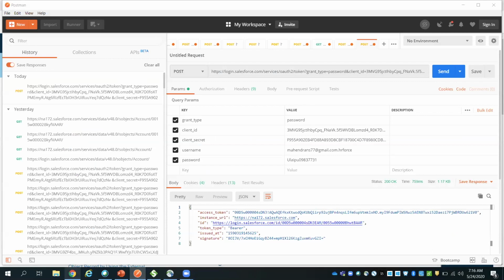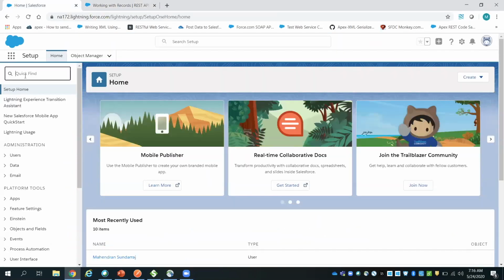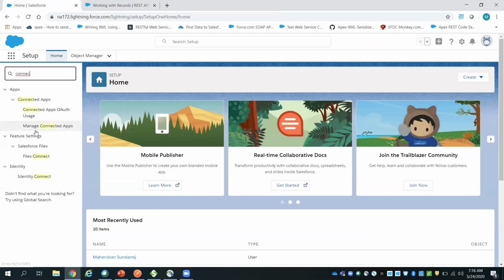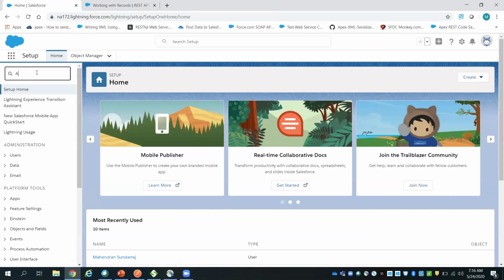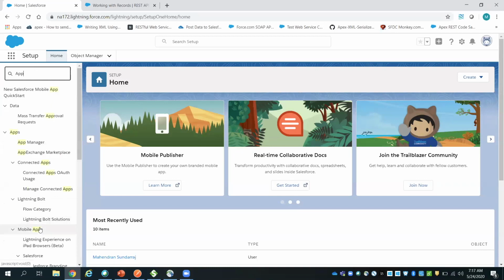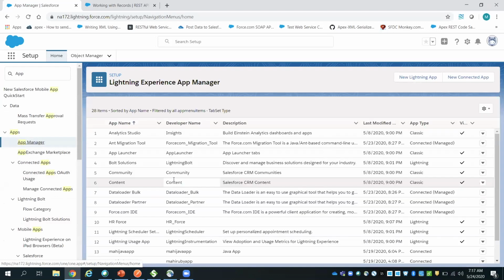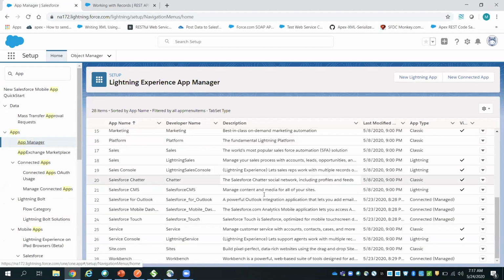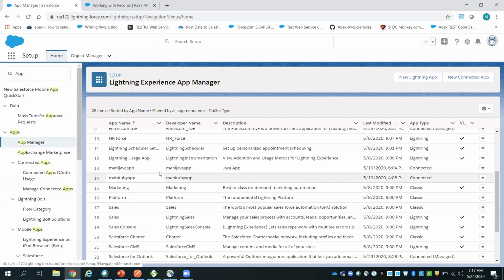You can always get the client ID and client secret from the connected apps. Here is the connected app that I have managed. You can go to App Manager, where you will see all the different apps and connected apps that you have created. These are the two connected apps, and I think this is the first one.